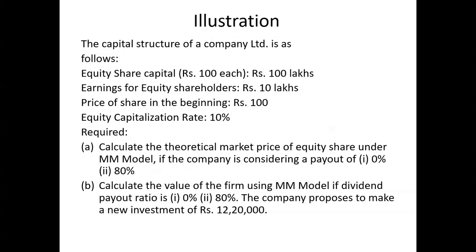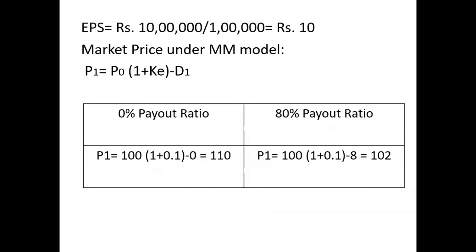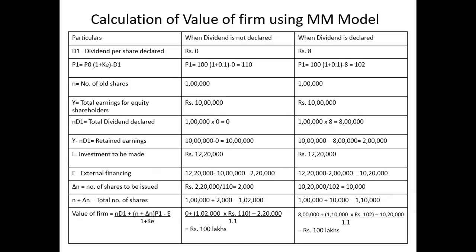Using the model, at 0% and 80% payout, the company proposed to make a new investment of 12 lakh 20,000. At 0% payout ratio, the price of the share is 110, and at 80% payout ratio, the price of the share is 102. So after that, the value of the total firm is 100 lakhs in both the cases, because